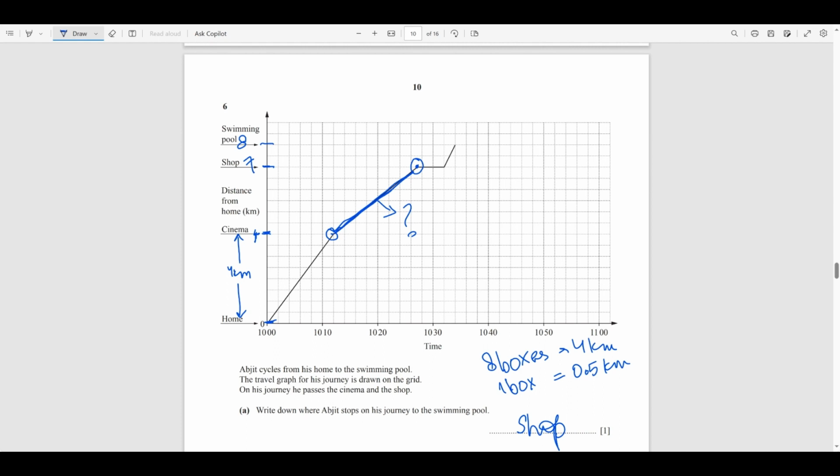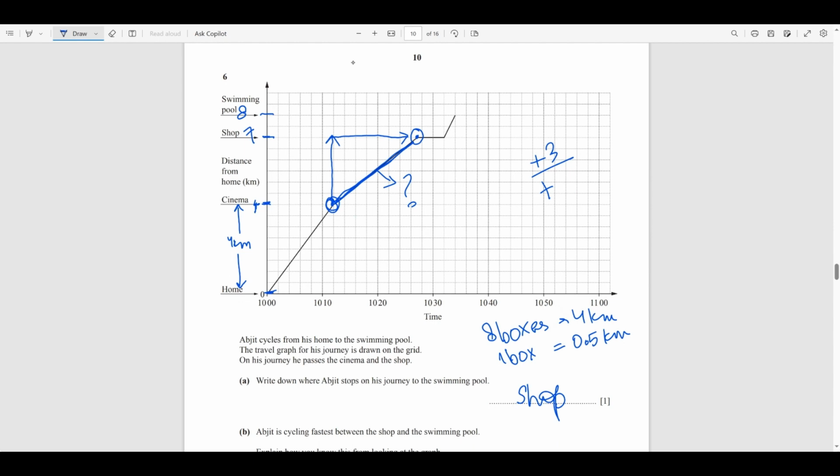So let's do it by rise over run. From this starting point, this is 4. From 4 to 7, it's 3 units up, and then he is traveling a horizontal distance of, again, positive. So from here